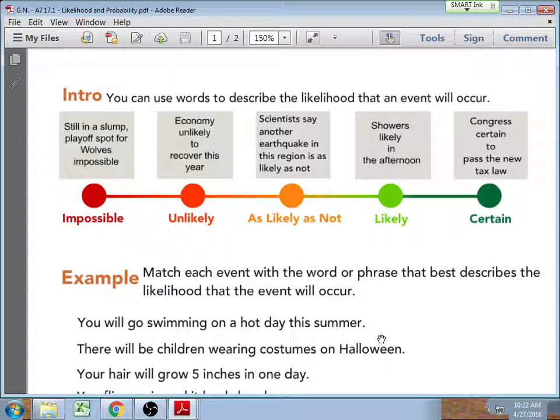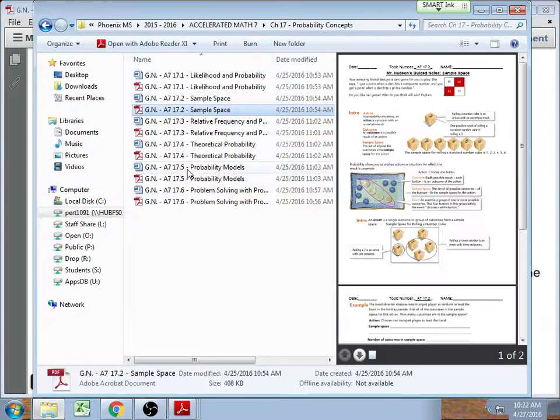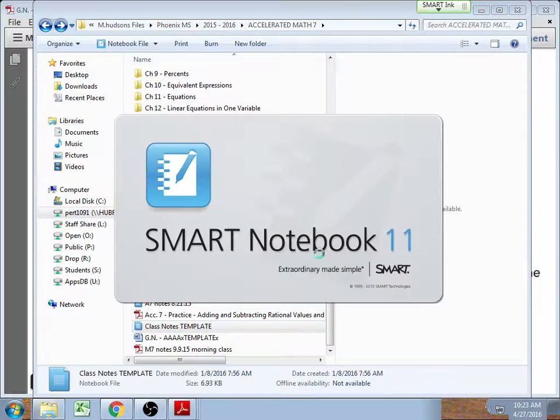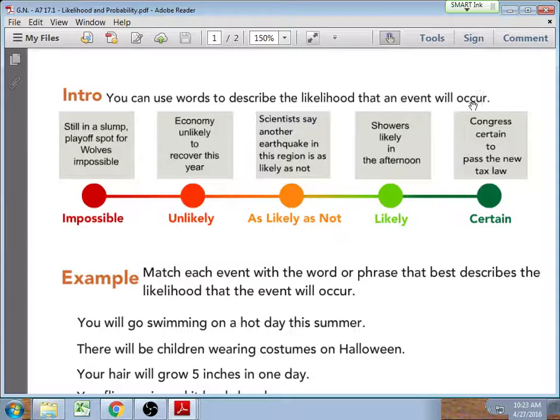So, when we talk about probability, we use a scale of terms. Now, if you went to your parents and said, hey, can I stay the night at a friend's tonight? And they said, probably. You let that simmer for a little while. And you go back to your parents and say, hey, can we go to Olive Garden for dinner? And they say, probably. You go back later and say, hey, can I ride my bike down to the store? Probably is their response. You ask your parents, hey, can I go work on the computer? They say, probably. And so you start to get frustrated. And you're like, what? Probably. What does probably mean?